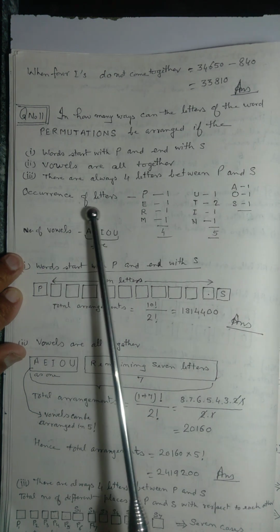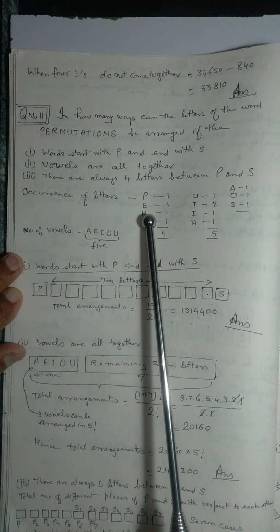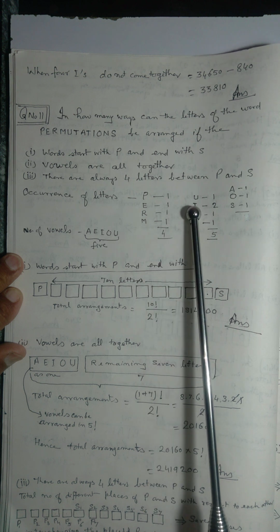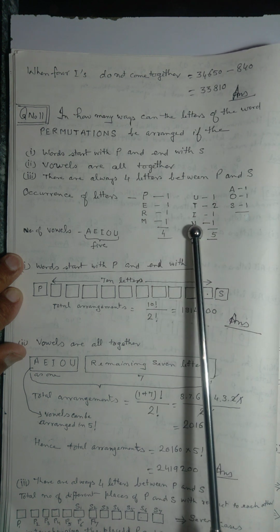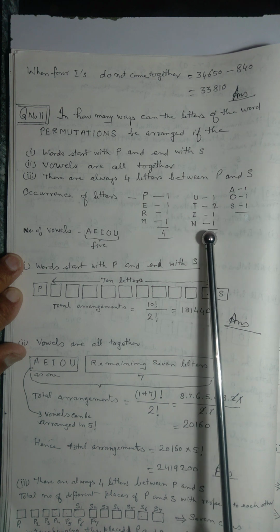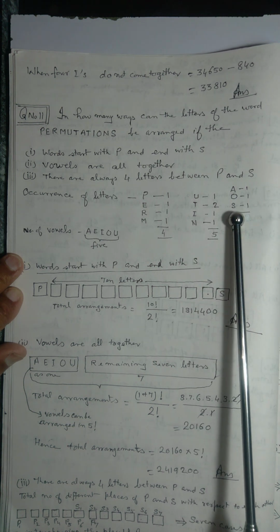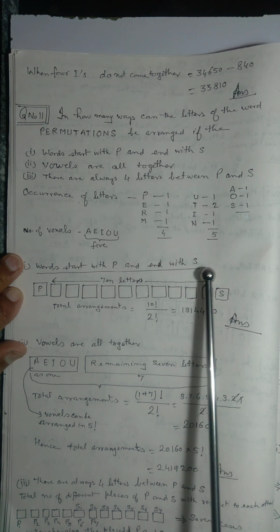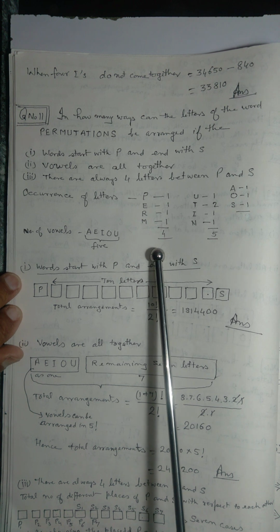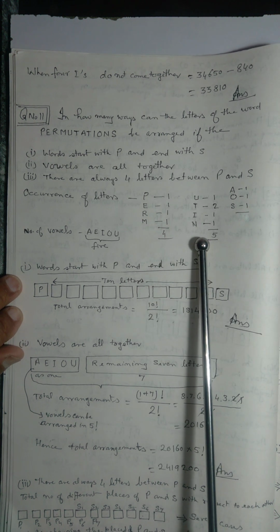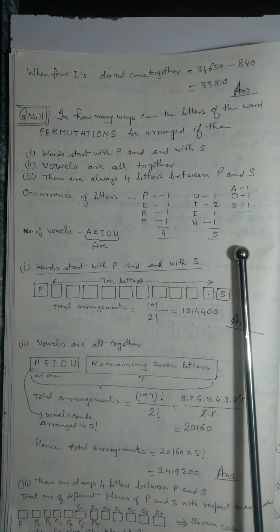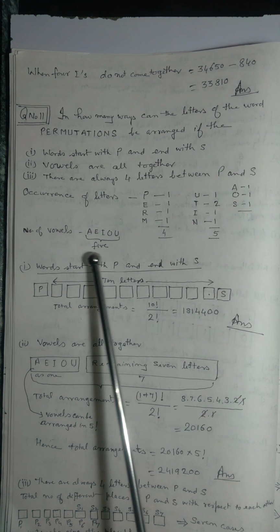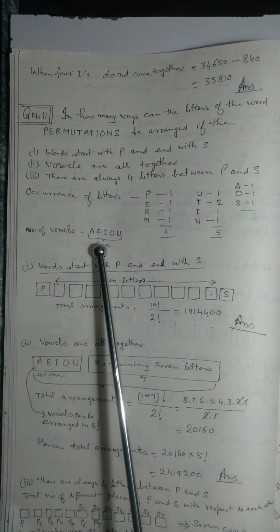Now see occurrence of the letters. P occurs 1 time, E occurs 1 time, R occurs 1 time, M occurs 1 time, U occurs 1 time, T occurs 2 times, I 1 time, N 1 time. Now the vowels and others, A 1 time, O 1 time, and S 1 time. So in this way, 4 plus 5, 9, 9 plus 3, that is 12. Number of vowels are A, E, I, O, U,